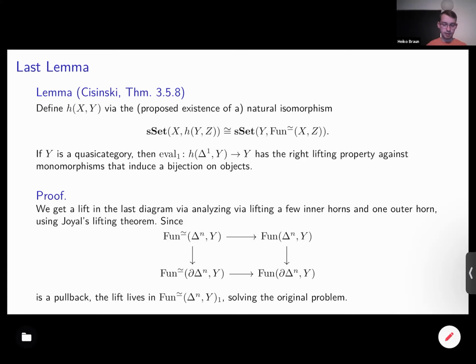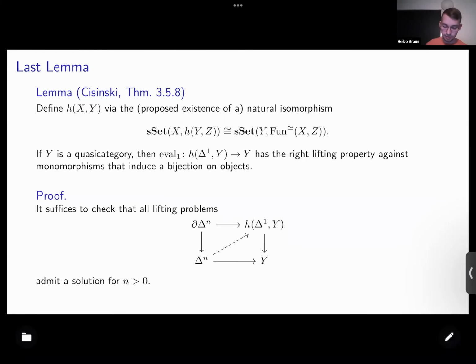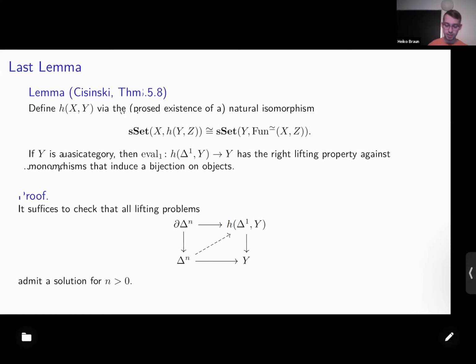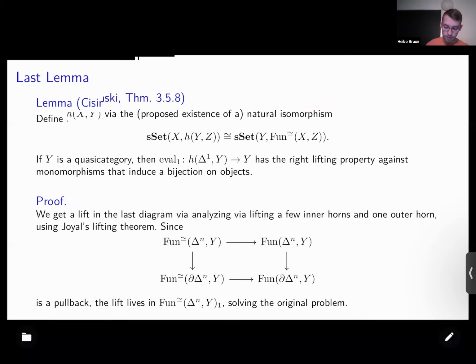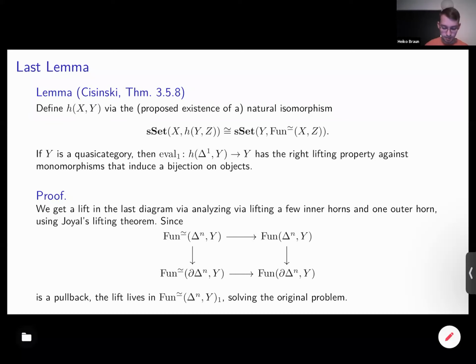But well, if this works out, then we just need to show that the horn we would get, if this h would be replaced by the functor category, then this would work, but we actually want the h here. So what we now need to check as well is we look at this diagram, which is again a pullback,